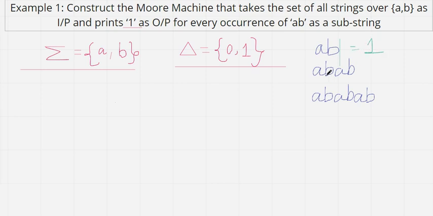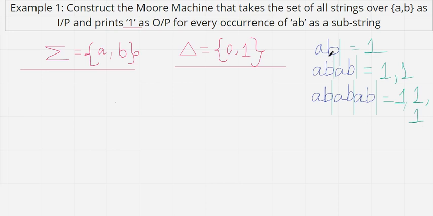Now if we talk about this string, we are having two abs, correct? That means in this part we'll be having 1 and in this part we'll be having 1, so we'll have two 1s over here. I mean to say we'll explain with the diagram, and then it will be clear to you all. If we are having 3 abs, then in this part definitely there will be a state, here also we'll have a state, and in this part also we'll have a state. So how many 1s will we have for this string? We'll have three 1s. I think it's clear to you all how to follow up.